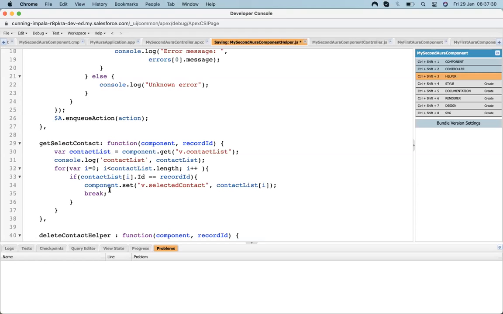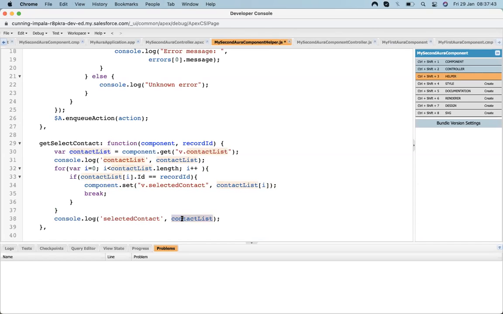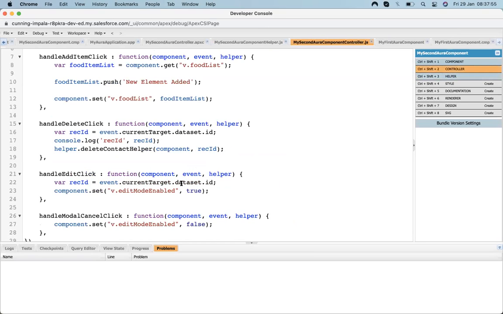So I just do the break, and after the loop, let's check whether the selected contact is correct or not. So let's get that thing. Now I need to call this helper method inside here.